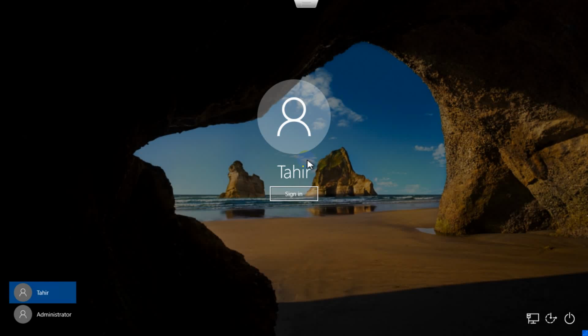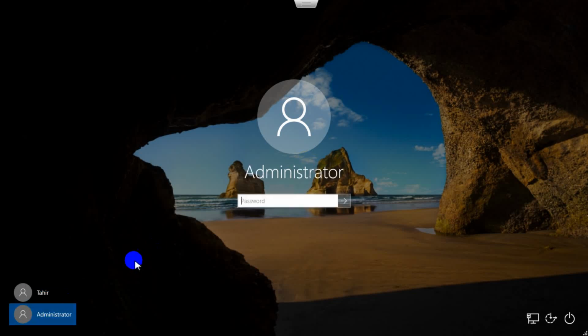What is the second method? We can delete the Tahir account. What is the third method? We can set a password on the Tahir account. So let me log in